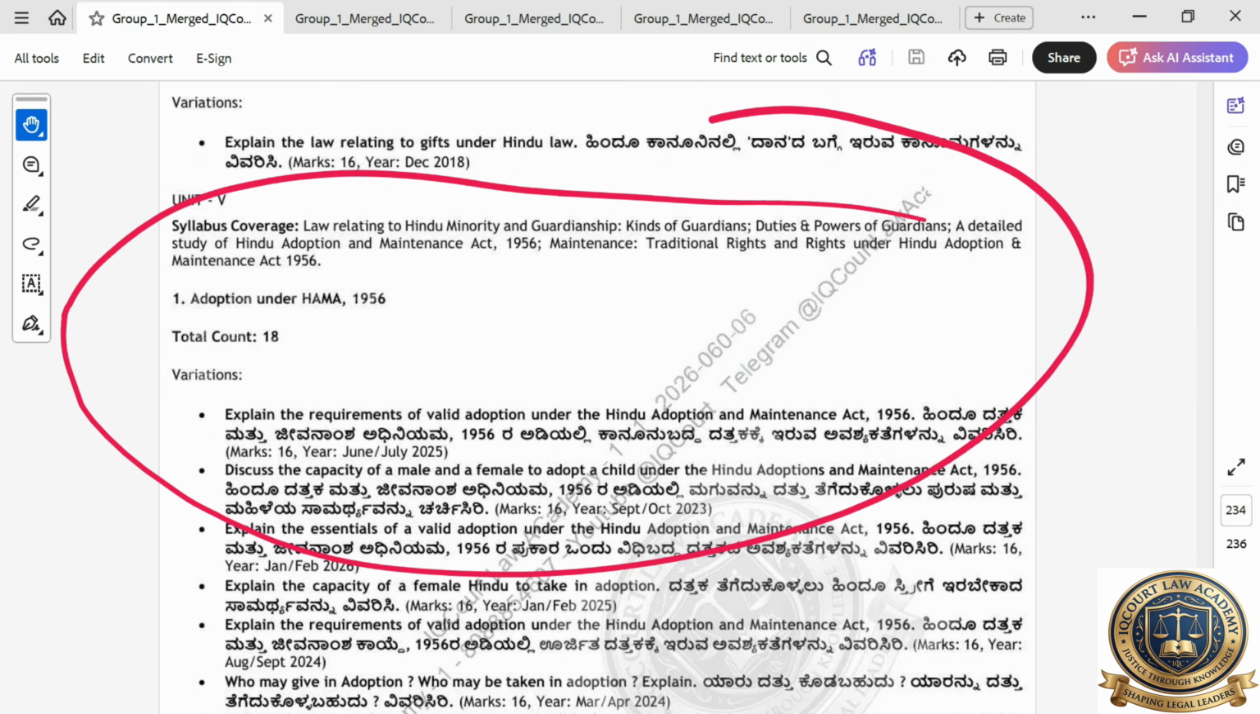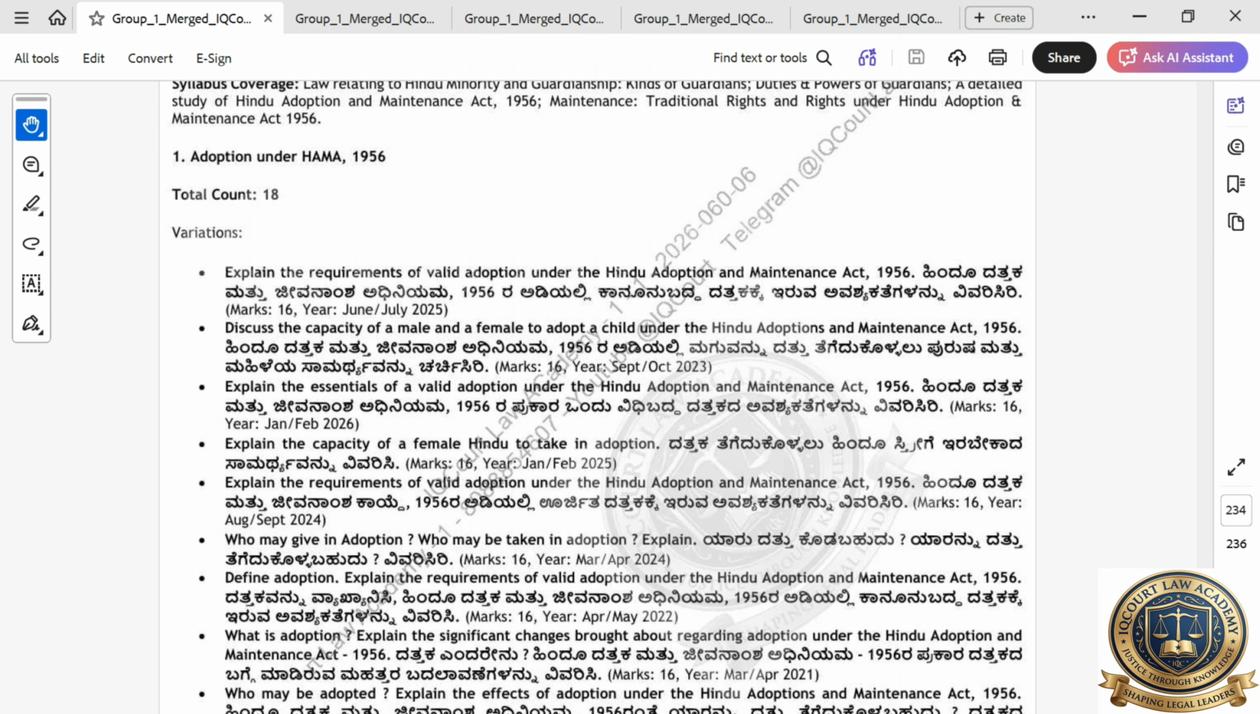Fifth unit, adoption. Regarding the fifth unit, explain the requirements of a valid adoption under Hindu Adoption and Maintenance Act,